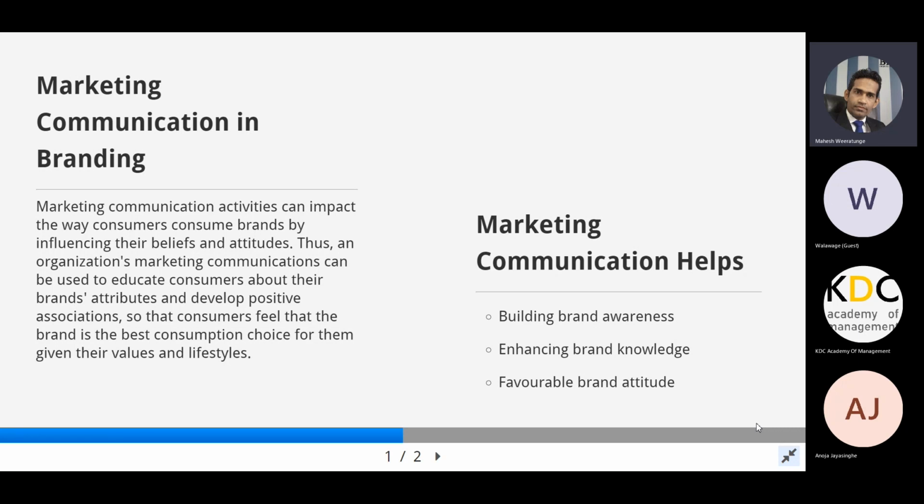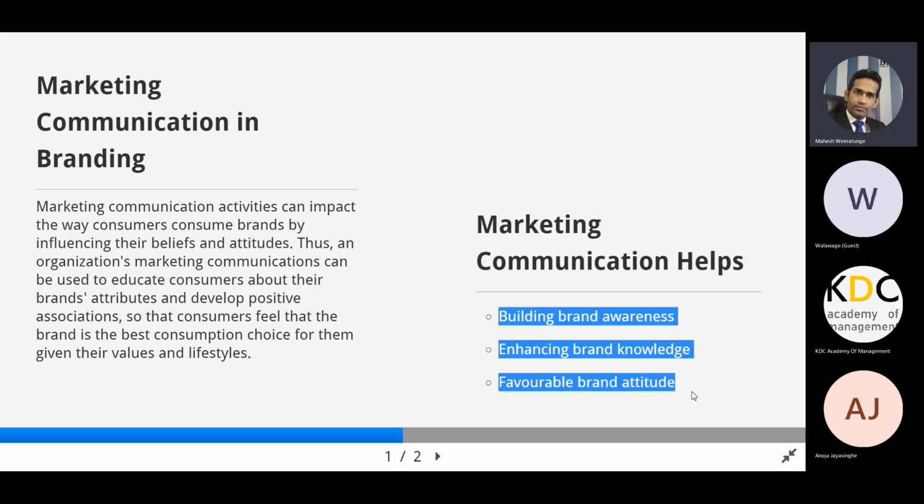Why do we do the communication? The first thing is to build brand awareness. So our intention is to create brand awareness. Then with that awareness, we build knowledge about the brand. So these are the things we gain by practicing brand communication. Mainly the awareness. Our intention is to communicate about whatever things,